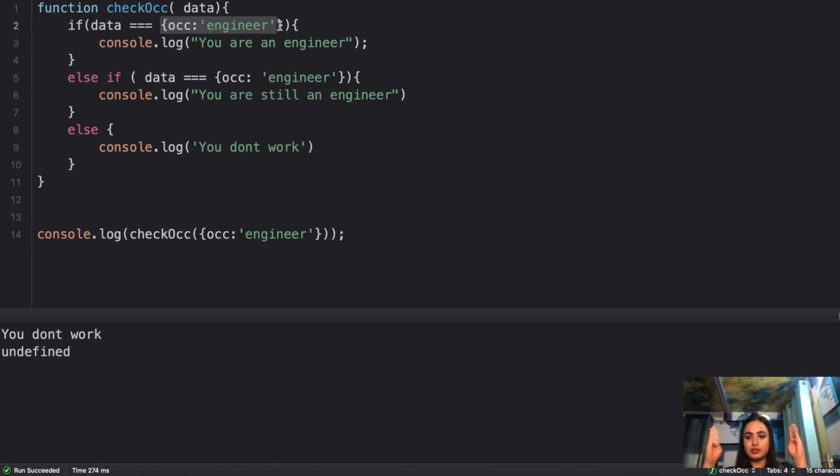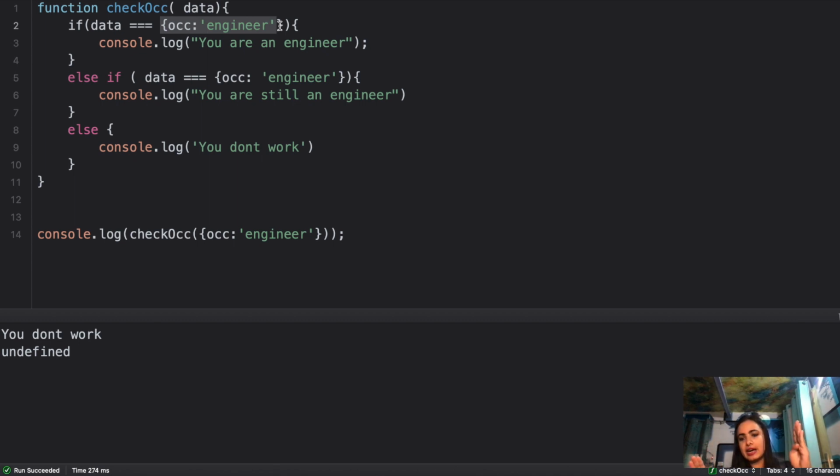So when you do the comparison, you should be very crystal clear that objects are compared by their reference. If they are referencing the same location, only then they will equate to true, otherwise they will equate to false. But if you do it for any primitive values, then equality is checked based on their value. The same is not true for objects. Objects are checked for equality based on what memory location they are referencing.